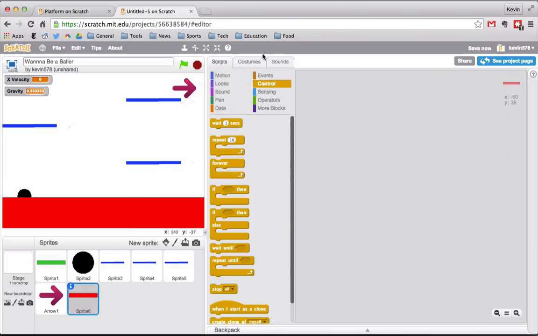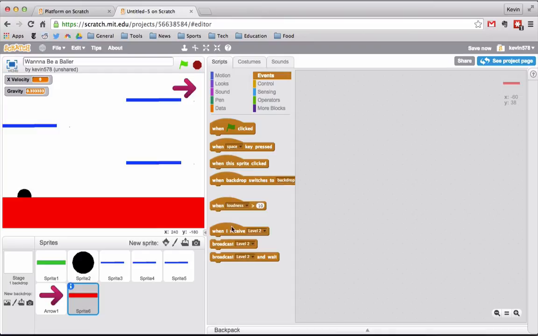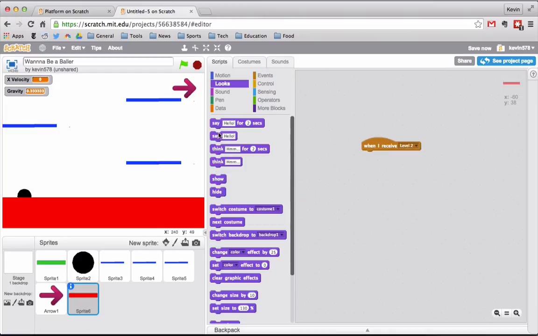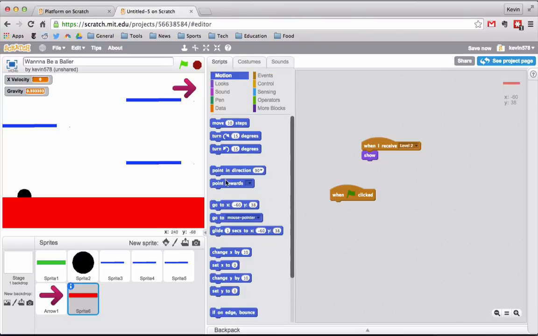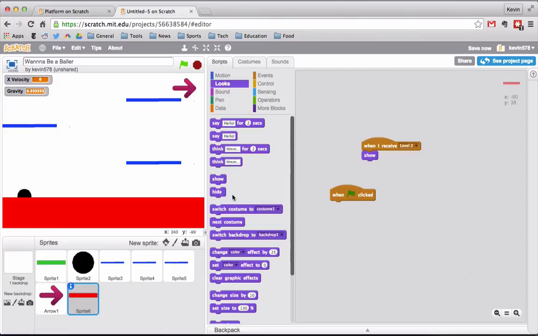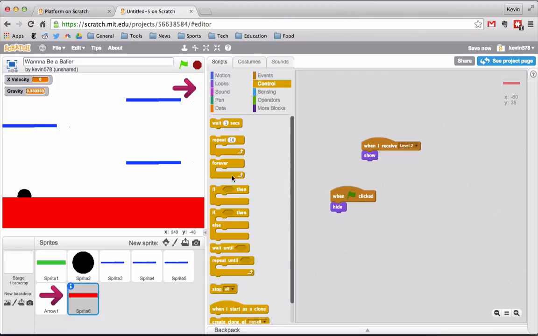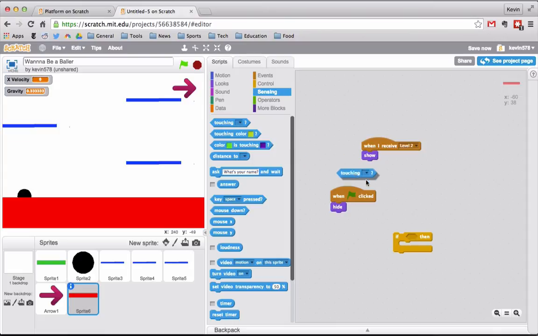same thing as before. When I receive level 2, I want it to show. And when the green flag is clicked, I want it to hide. Okay, and if our ball is touching this, I want to end the game. So if touching sprite number 2,